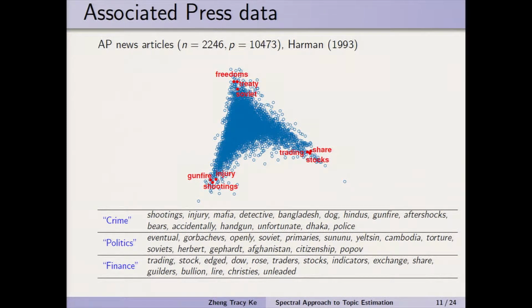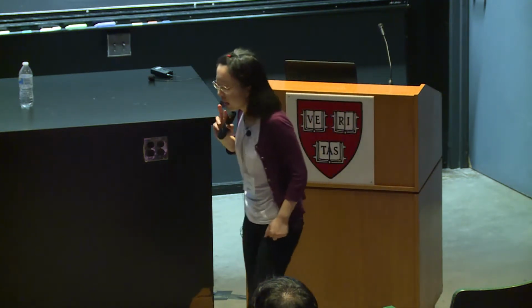And then for finance, the anchor words are also very meaningful. You might feel that this word rose is very confusing. This is not a flower. This is the past tense of the word rise. And in financial news, you always see something like the S&P 500 index rose 70.7 points, say.